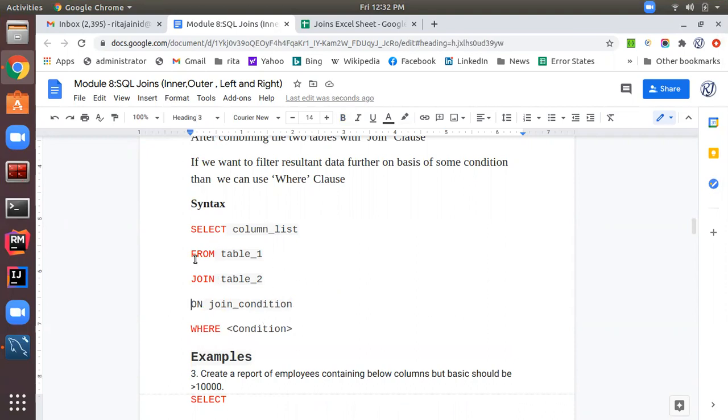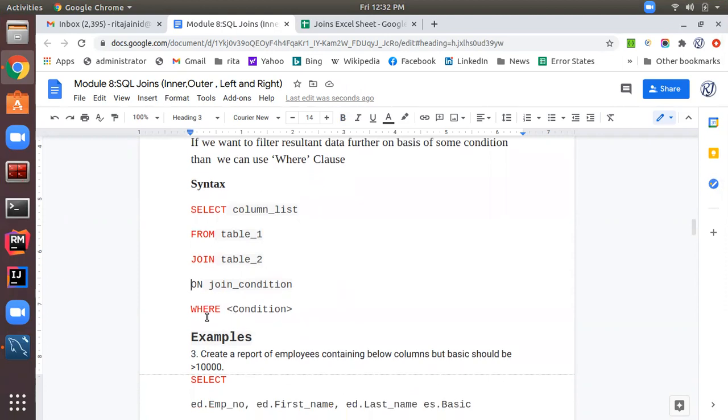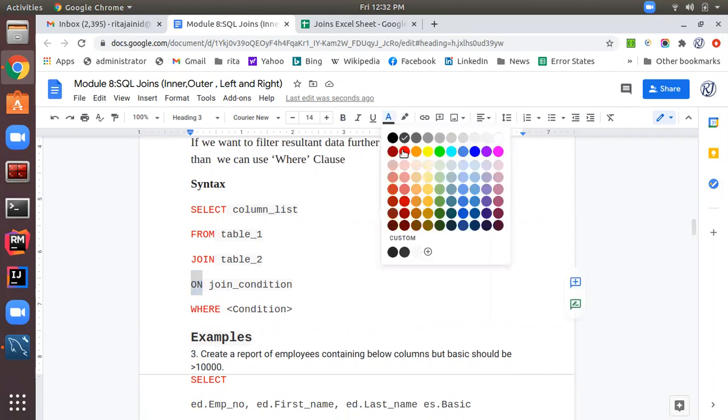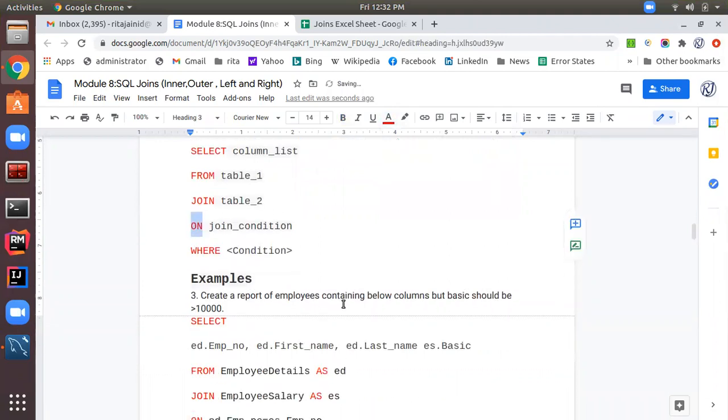After joining the two tables into one using the join clause, we can filter our data further using the where clause. Let's do a few examples.